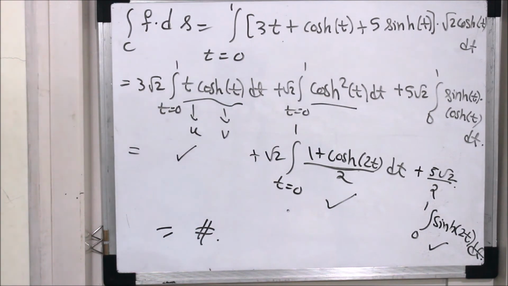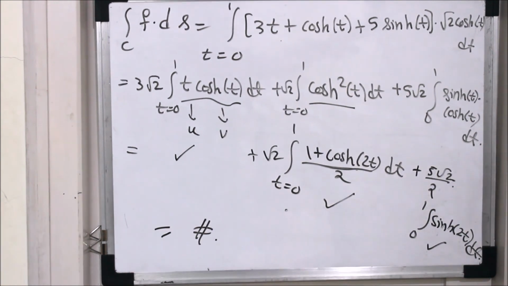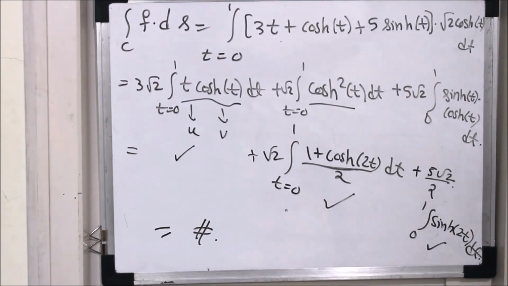So that's how you solve a line integral, or the curve integral, if you have a scalar field. I took this curve so that you can also play with cos hyperbolic and sin hyperbolic, and I hope now the relations of cos hyperbolic and sin hyperbolic are clear. Make sure to solve this example so that you are comfortable with the hyperbolic functions. So that's how you solve a line integral for a vector field and for a scalar field.